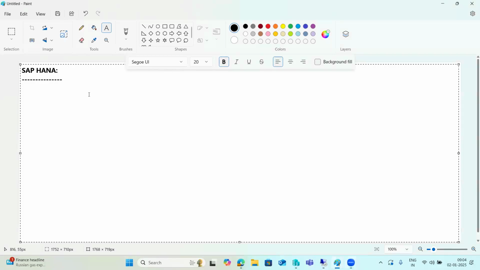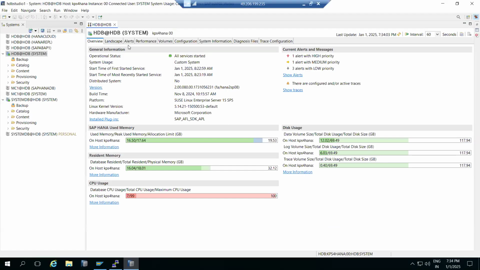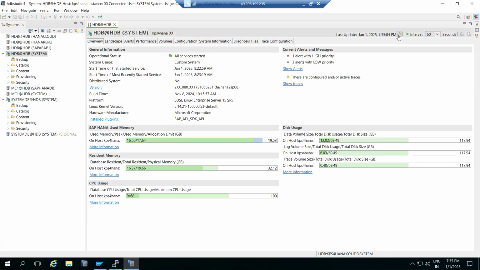HANA Studio administration part we are discussing here. As part of this, we discussed how to check the process, parameter changes, logs, and how to restart, start and stop. All those things we checked out. So today, let's check out